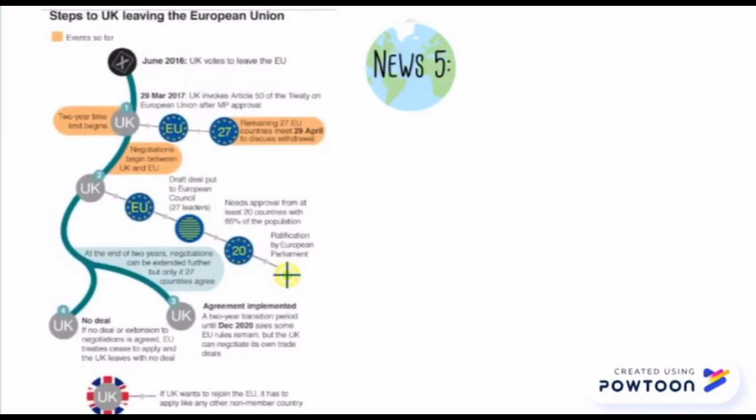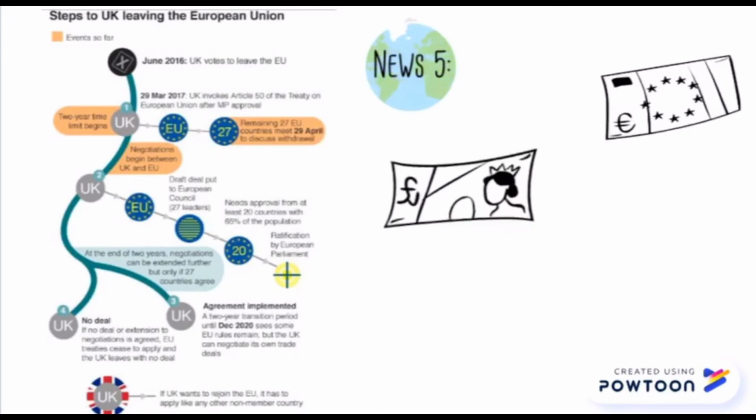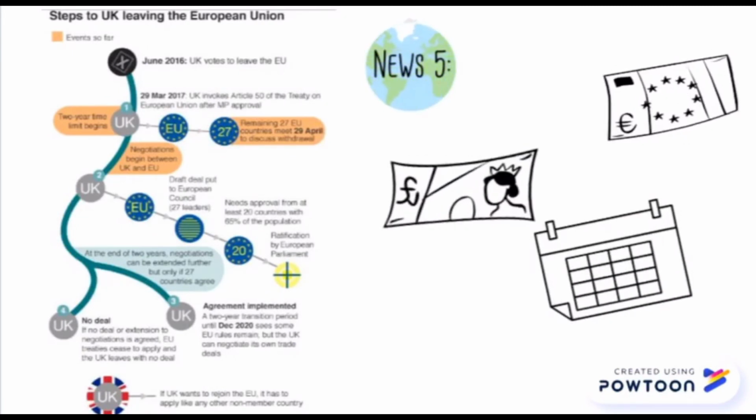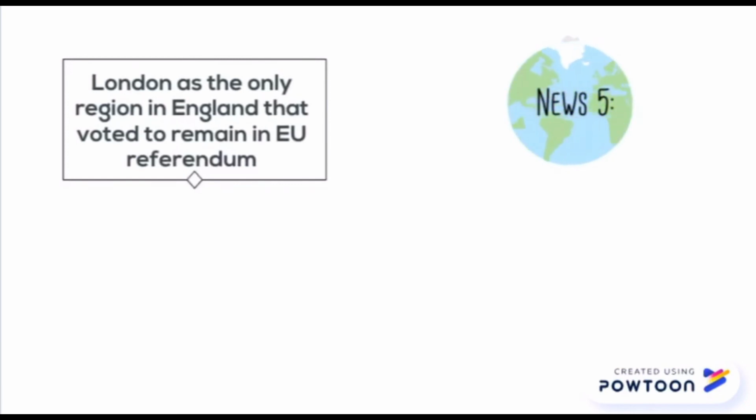London was the only region in England that voted Remain in the EU referendum, but the British in general voted to withdraw, and now we must respect a democratic will. London is the economic engine of the country, which represents a third of the national growth. When London succeeds, Britain succeeds, but the government's negotiation position, as set out in the White Paper, puts the economic prosperity of London and Britain at risk.